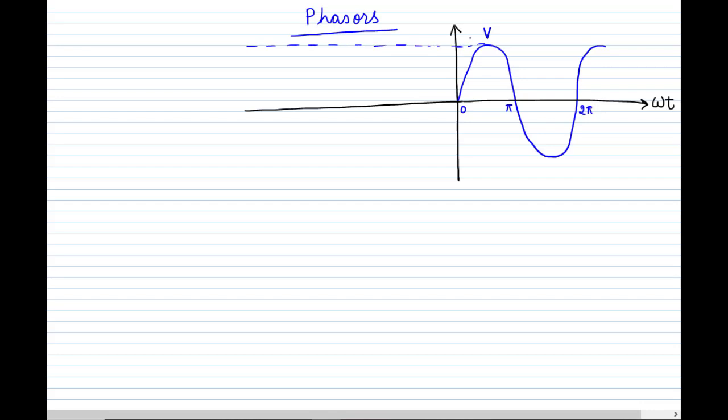Okay, then we need to draw the current. Now in the resistance, current and voltage were in the same phase. Now it is lagging behind by pi by 2. So that means, where is pi by 2? You have to start from here, pi by 2. So just see the voltage. Where is it at pi by 2? It is maximum. At pi by 2 it is maximum, and at 0 it is 0. So the current will be 0 at pi by 2, so it will be 0 here.